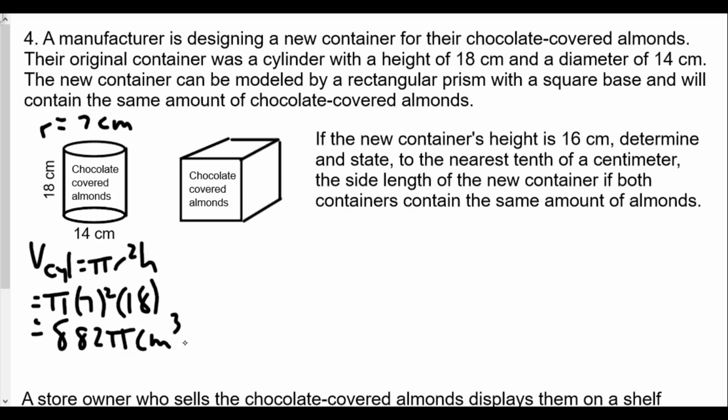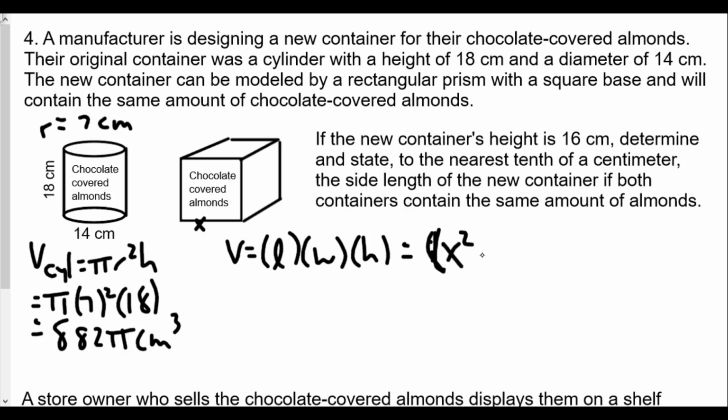Now, the volume of our rectangular prism will be length times width times height. And here's the thing, we know what the height is going to be. The length and width are both the same, so we'll call that x. So we'll have x squared times the height of 16 centimeters. The new container's height is 16 centimeters, so times 16, which will give us 16x squared as our volume,